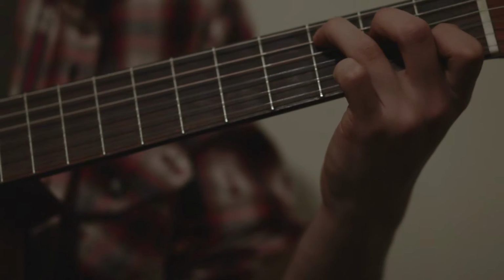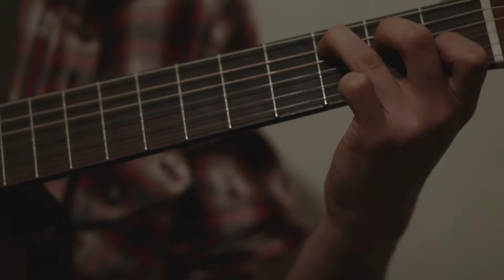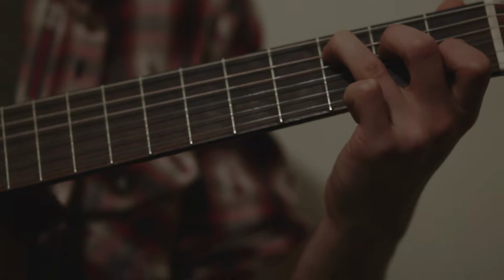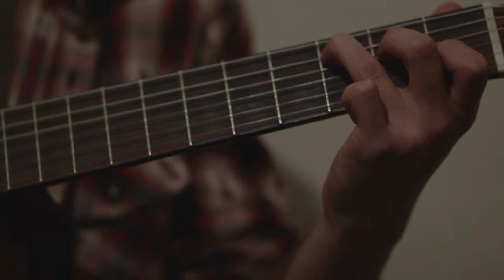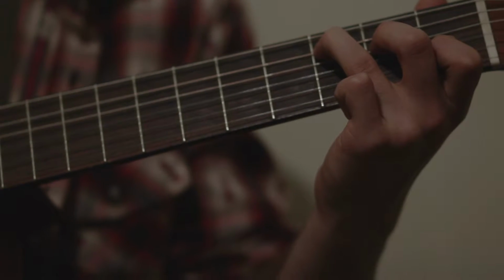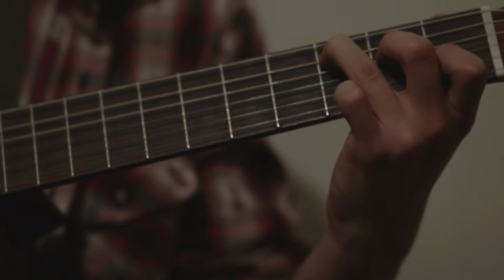So it's going to start out on the C chord, and I'm not going to talk about the right hand in too much detail right now, but just to let you know, make sure that your ring finger is always on the melody line that you're going to be playing. So start with your ring finger of your right hand on the high E string. Okay, just so you guys know that. And then for the left hand it goes...